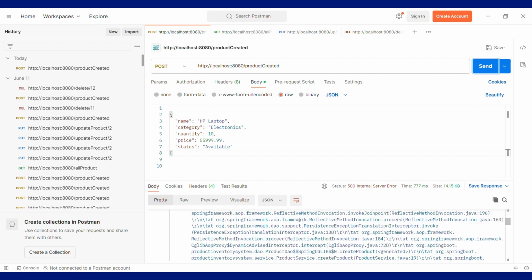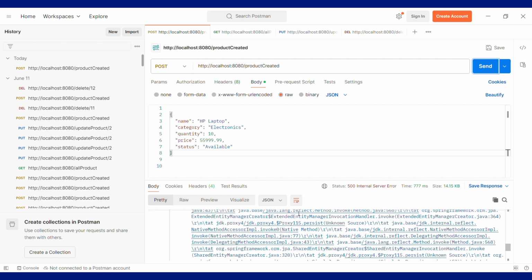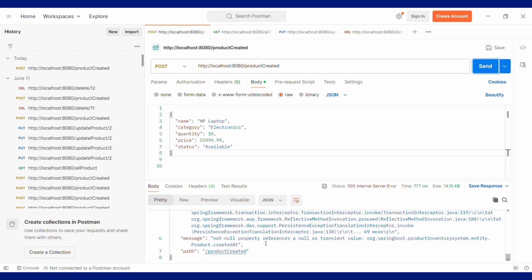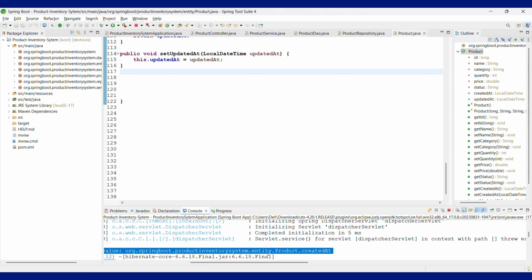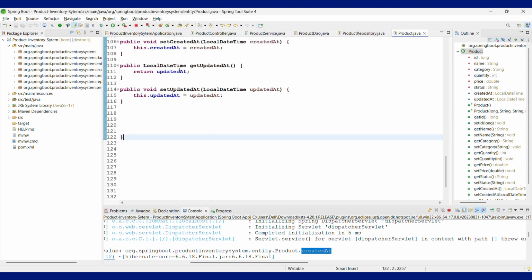Oh, I am getting the error. Okay, let me see what the error is. Not null property reference, null or transient values, in the spring data entity product created path. Okay, so we are getting the error of the transient value of this com.springboot.productinventorysystem.entity.Product.created. So we were getting the null because of the